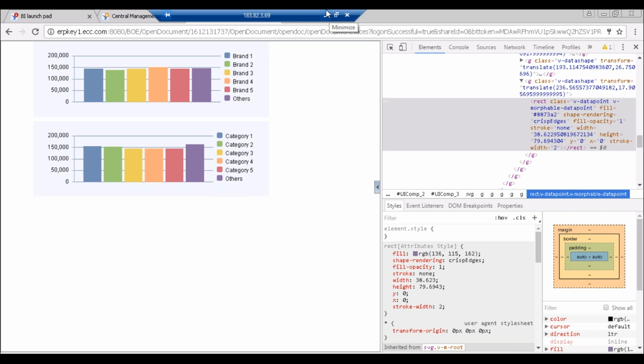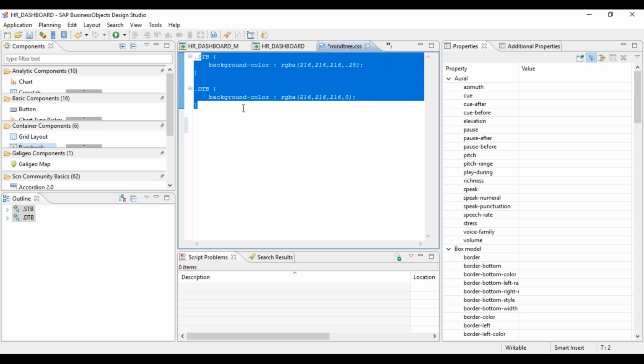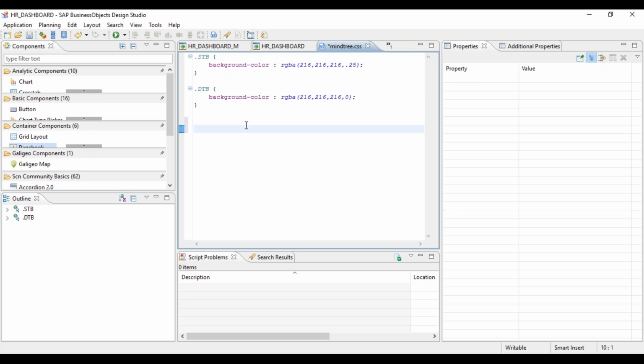Okay. So what are the business cases where we will do more using this functionality? CSS? Now in 1.6, a lot of functionality is already available for formatting. In earlier versions, formatting options were not available, so you had to use CSS class. Now most of the things you can do by default, but still sometimes one use case is selection. Based on the selection, its background color should change. If we select a button, its background color should change. So that kind of thing you can do through CSS.